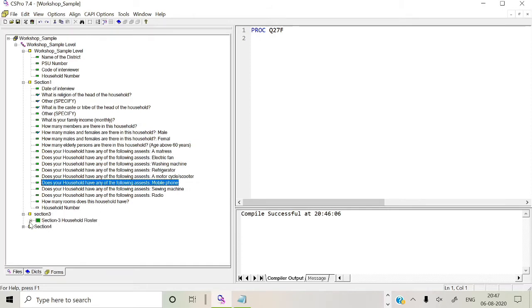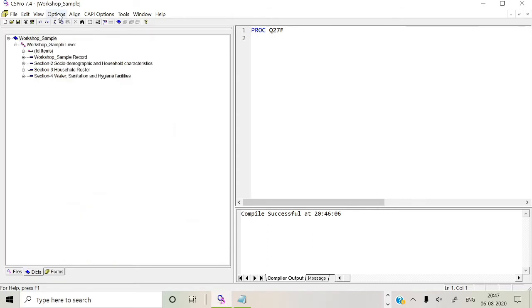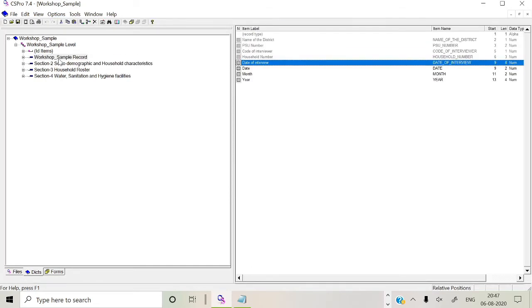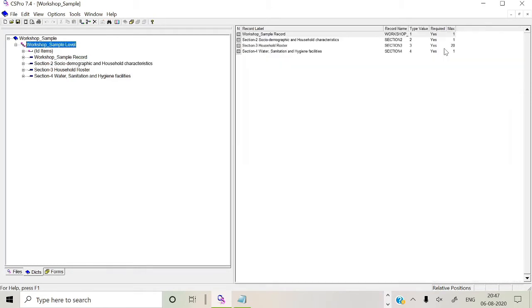We have a roster variable. We have declared a record, basically an overall record. If you look at it, we have declared the record for up to 20 members. But for all the households, if you keep entering the data entry, it will not